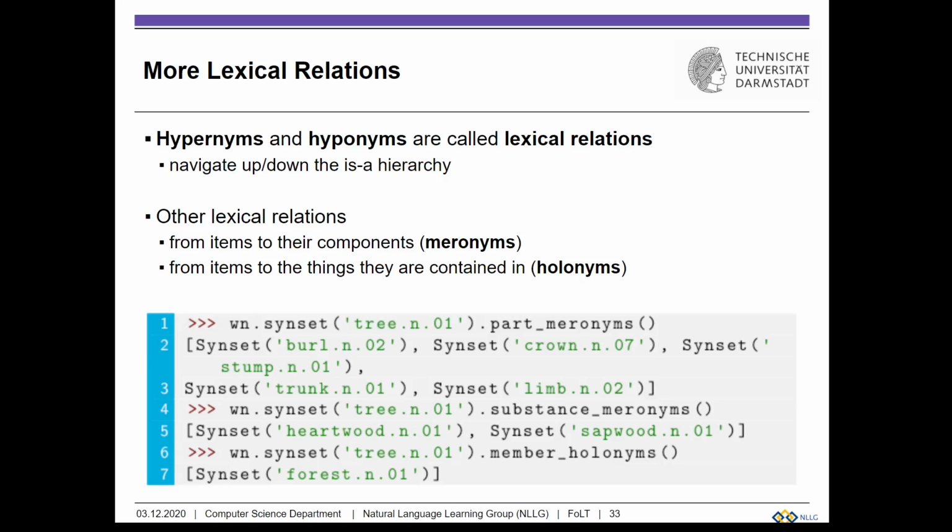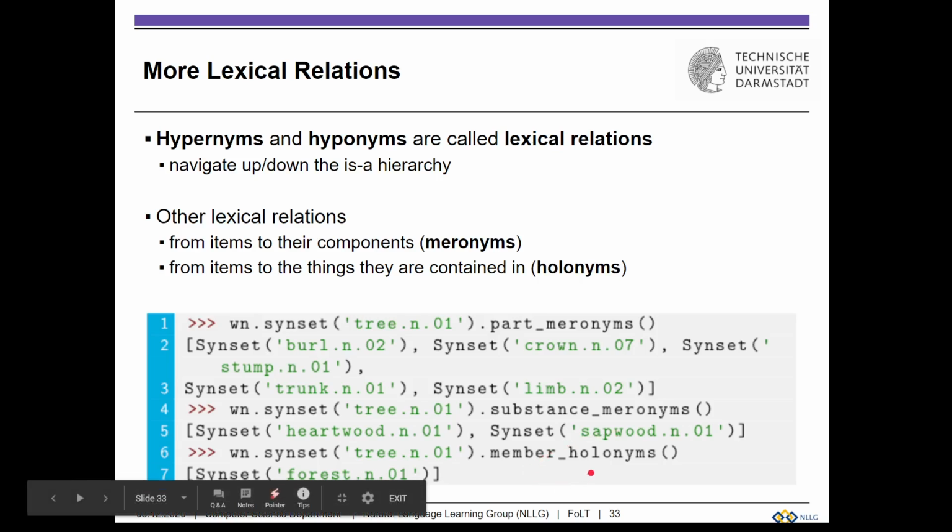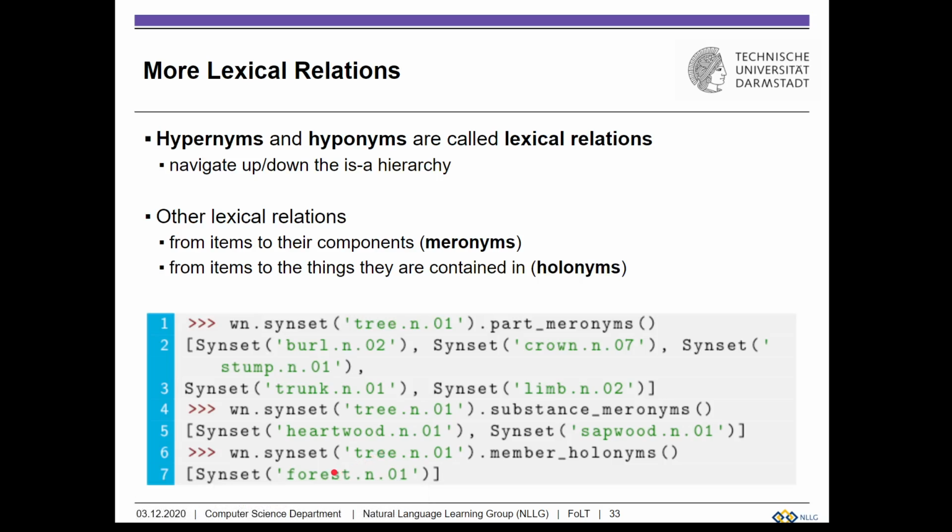I'm not sure if that makes sense to you linguistically, but just be aware that WordNet is even further differentiating those meronyms. And in terms of holonyms, we also have differentiation. WordNet calls those member holonyms, and maybe it further subclassifies the holonyms. And here we would find forest and tree are in such a holonymy relationship because each tree is in a forest.